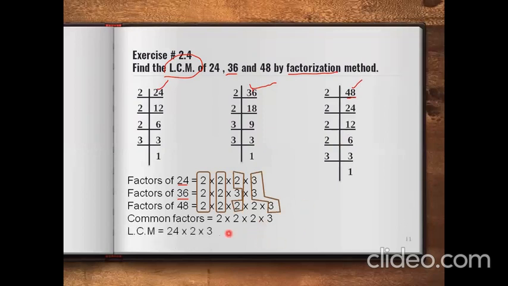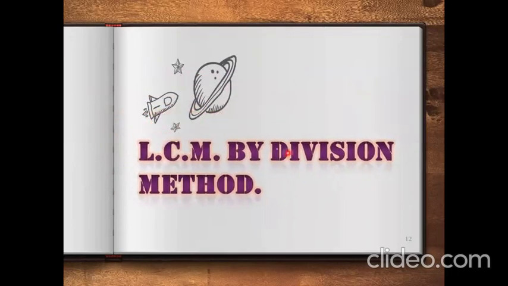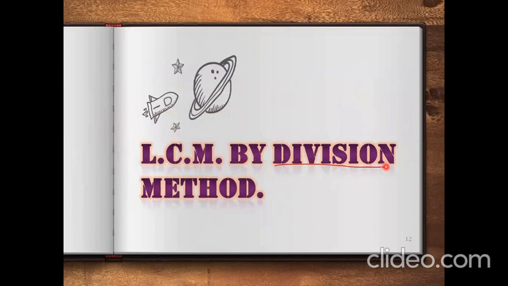You will get 24, and you will also multiply these numbers, that are 2 multiplied by 3. So 24 multiplied by 2 multiplied by 3 will be all your factors. And after multiplying, you will get your LCM, that is 144. Understand? Clear? So you are going to find the LCM by using these factors. Now move on to the next topic, that is LCM by division method. Please keep in mind that you can find the GCD by factorization and division method, as well as the LCM by factorization and division method.